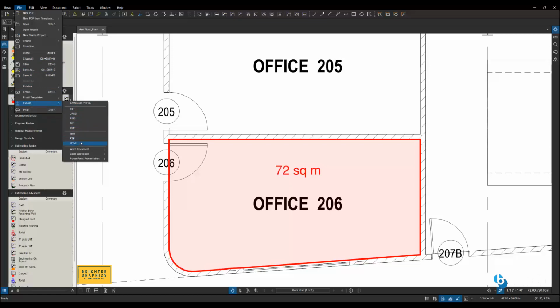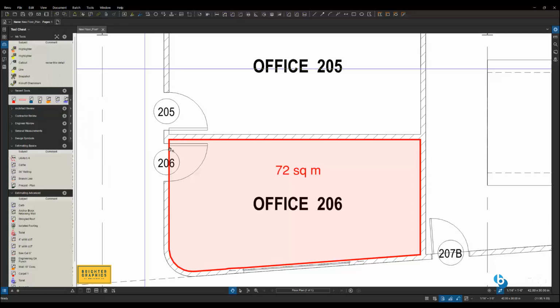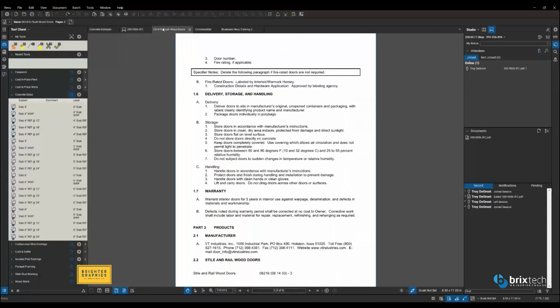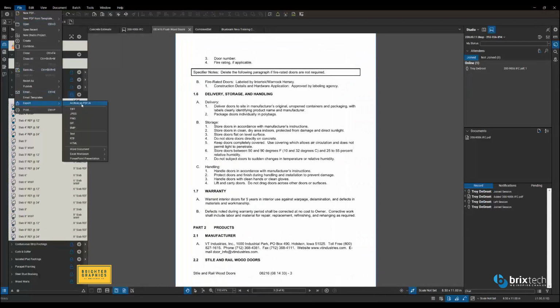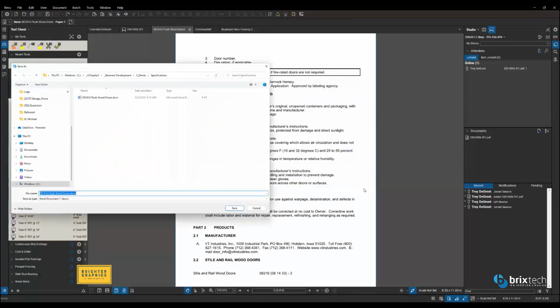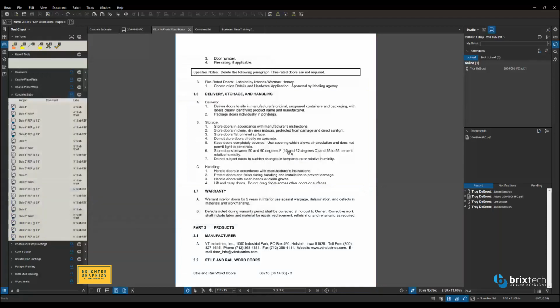The big ones that I want to show though, I'm going to jump over to my other version again here and show you guys how to export. So I'm going to go to File, Export. I've got a PDF of a document here. I'm going to go down to Export Word document. I can do the entire document, or I can just do a page region. And I just draw a box around whatever I want to export. Save that into whatever location I want. And it's going to open up a Word document for me